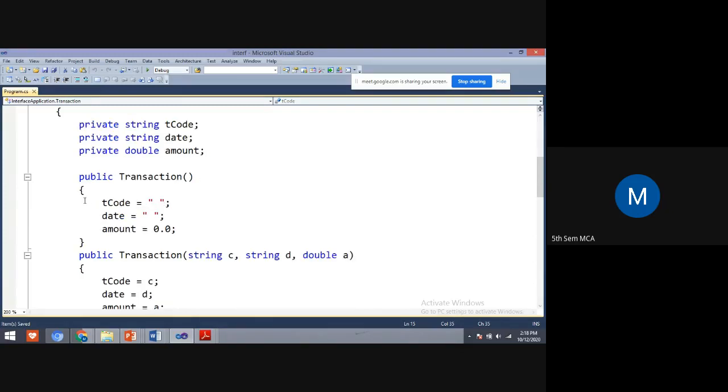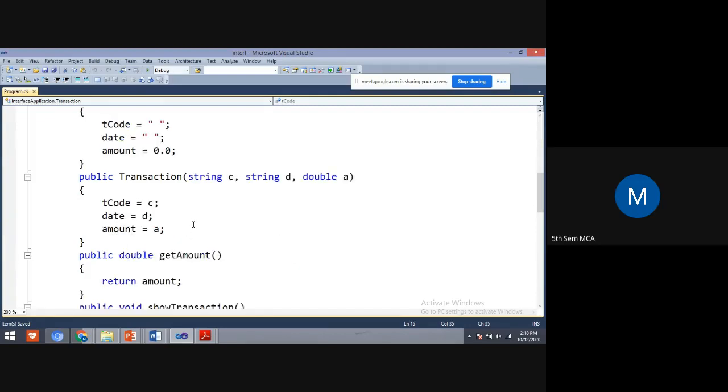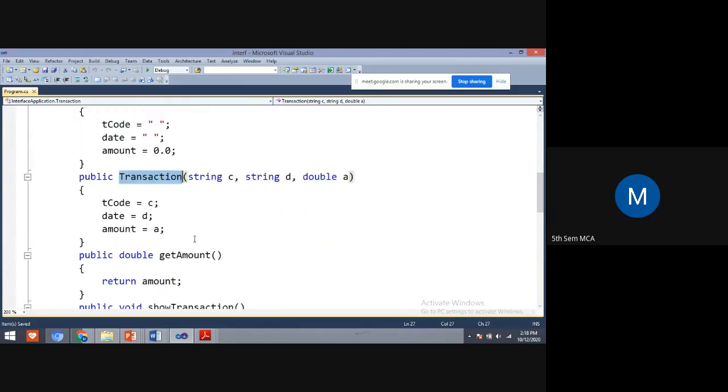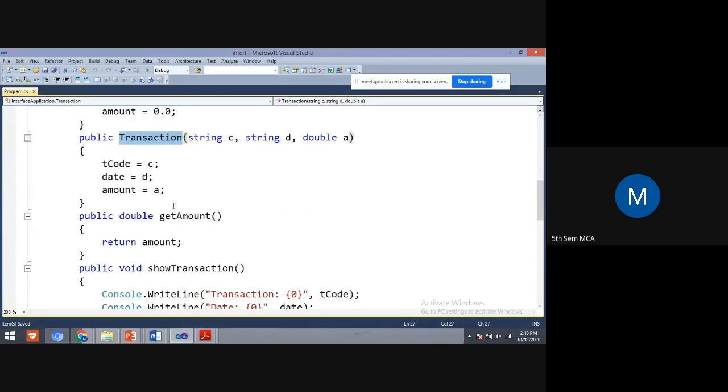The initialized value for T code is null, the initialized value of date is null, and the initialized value of amount is 0.00. Here, using a constructor, I have assigned T code equal to C, date equal to D, and amount equal to A.